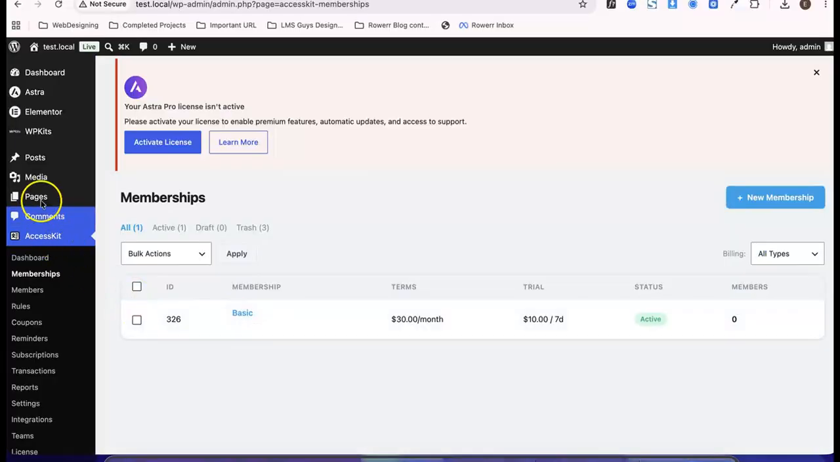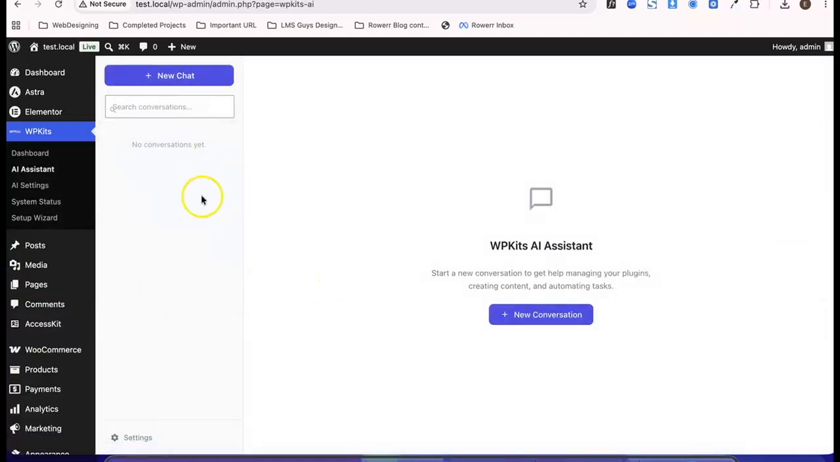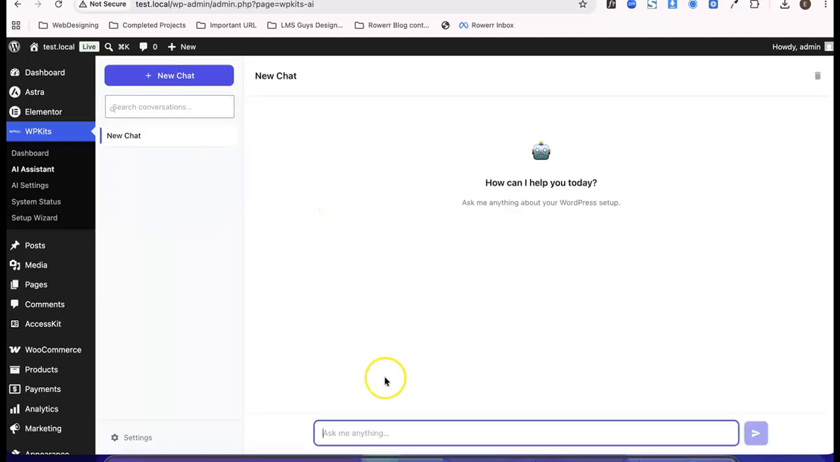Now let me show you another magic of this AccessKit plugin. Here we will go to the WP Kits dashboard, and here the AI assistant. So now we will click on creator add. From here we will write: create a yearly membership, price $200 per year,